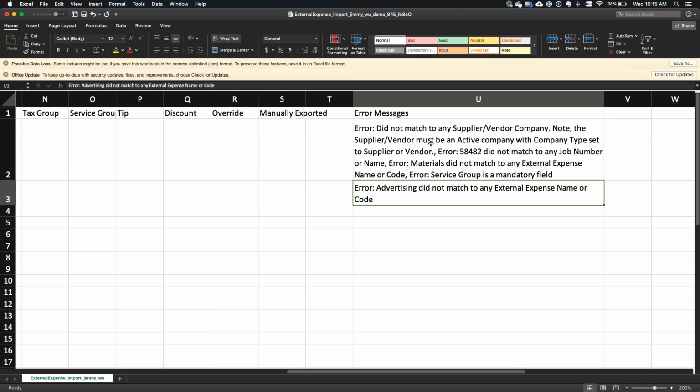Okay, so we had quite a bit of errors in the first line. The first line actually said it did not match any supplier, vendor, company name. Earlier we talked about how the company, supplier, and vendor name does need to be an exact match. So if your Function Point system is integrated with QuickBooks, for instance, this shouldn't be an issue for you. If you do have another system, you may need to double check